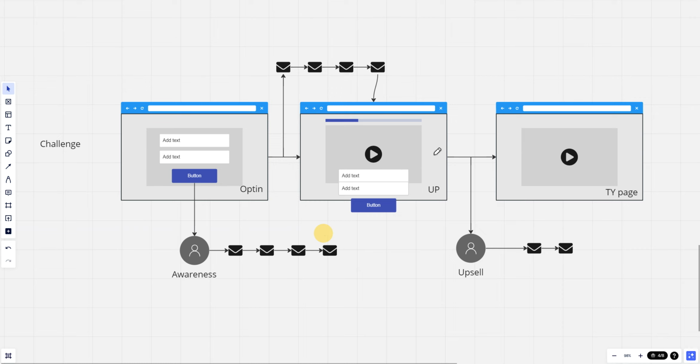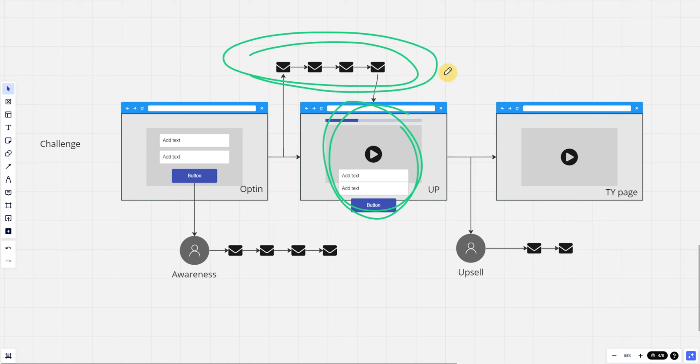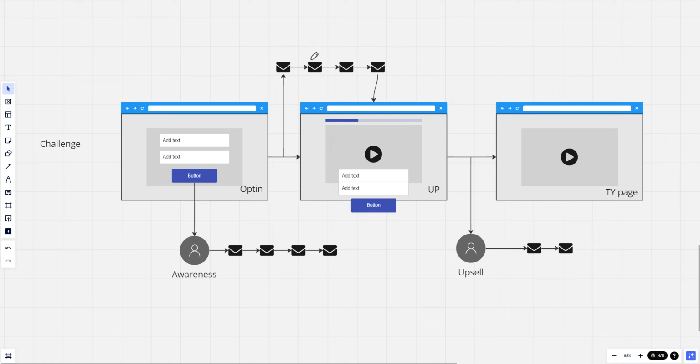And then if they don't buy, what you do is a follow-up sequence, a nurture sequence, so they can buy. So only 48 hours to purchase the upsell, only 24 hours to purchase the upsell, something like that, right? Now, after they buy, you want to make sure that you also have a few emails prepared if they buy the upsell, so they feel like a VIP. They are going to have that better experience. And that's pretty much about it.